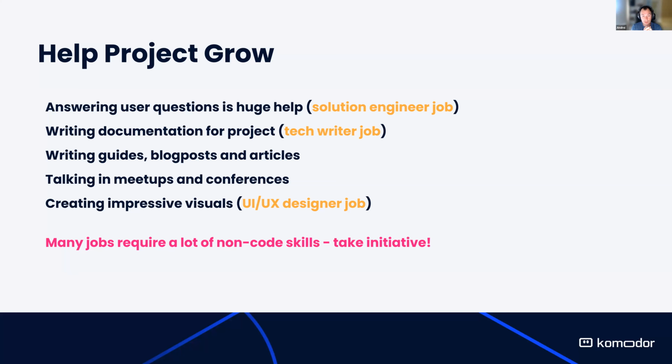Finally, if you are a UI, UX, or visual designer, you can create impressive visuals for your lovely open source project. In the past with JMeter plugins, I saw these kinds of contributions, when somebody came and said, hey, let's create a Christmas website layout just to celebrate the Christmas season. Let's change the logo of the project because it looks not modern. And it's also a way to contribute.